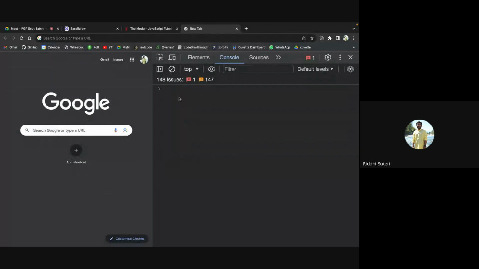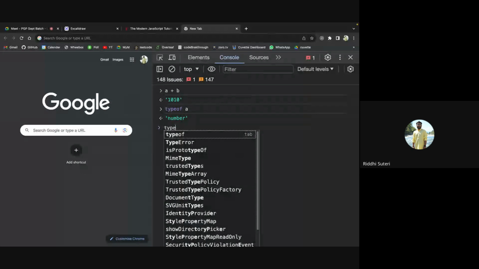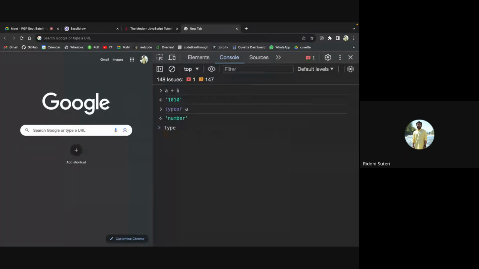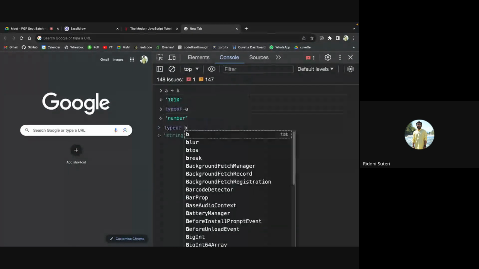We can see that in this example of a plus b. If I write a plus b, the result we are getting is 1010. Why we are getting 1010 is because the type of a was a number. That's good. But the type of b was a string.